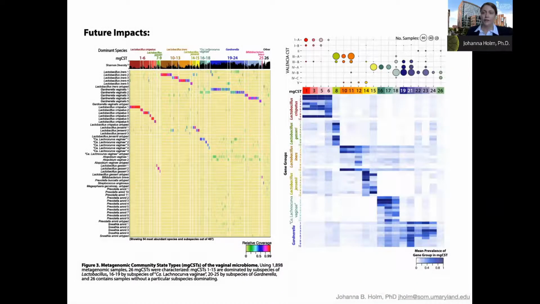For me, the future impact of this study was that I could finally define genes from the metagenomes that belong to Candidatus lachnocurva vaginae. One of my primary goals has been to define and characterize metagenomic community state types of the vaginal microbiome. And as you can see here, we have MGCSTs 16 through 18 in the tealish greenish color. And these are all dominated by various metagenomic subspecies of Candidatus lachnocurva vaginae, which was directly informed through this genomic